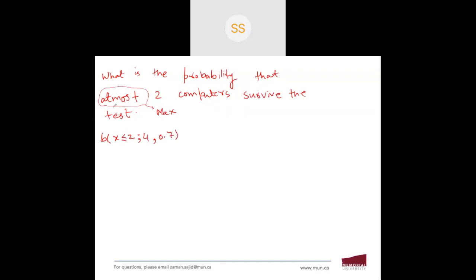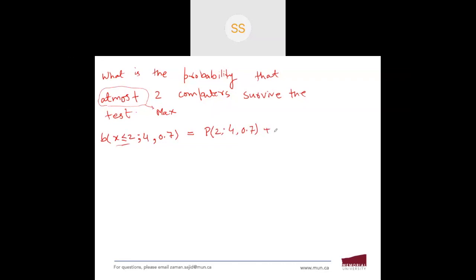Now how do you solve this? So as you can see here, it is asking up to 2 and less than that. So I will start my formula with 2, the same formula as we were doing before. Probability of 2; 4, 0.7